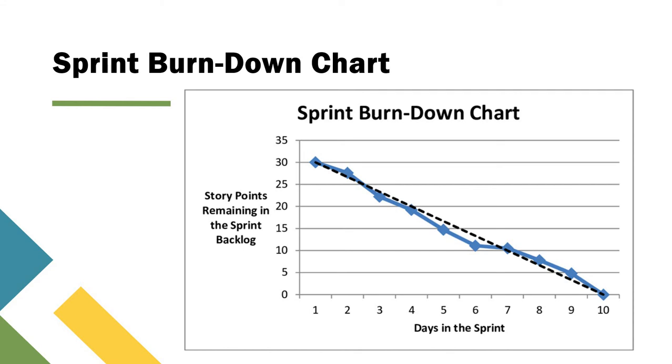So you can see on the first day 30 story points are remaining, and on the second day it is around 28 story points, so a few story points have been done, and by the fifth day you can see it will come to around 15 to 20. By the end of the 10th day, all the story points have been completed for the sprint backlog. So this is how